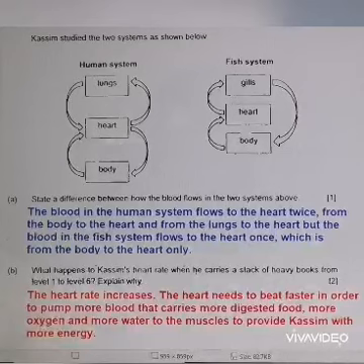And for part B, a very common question that always asks you about heart rate. When someone is running, what happens to the heart rate? For this question, they ask you what happens when someone tries to climb the staircase from level 1 to level 6. Okay, now let me read you the question. Kasim studied the two systems as shown below. So if you look at it closely,